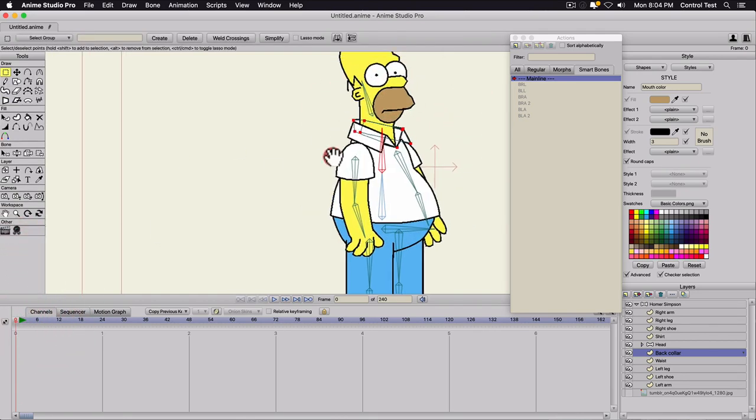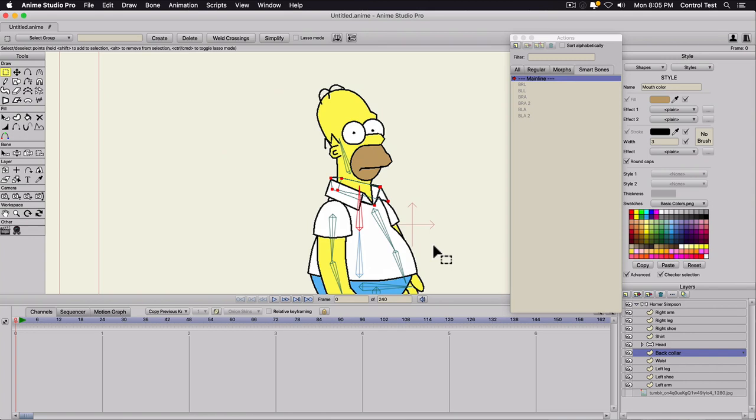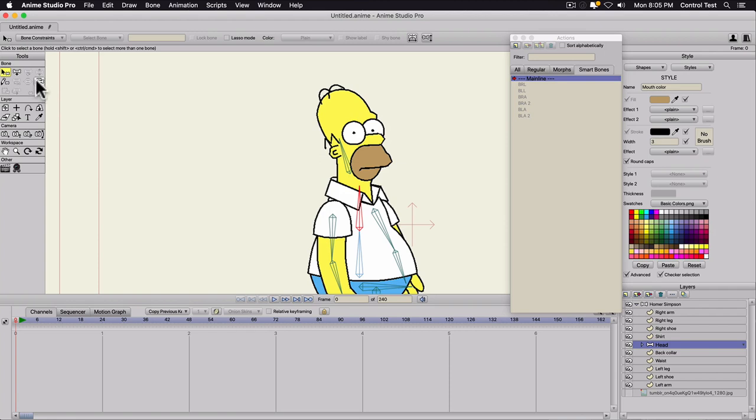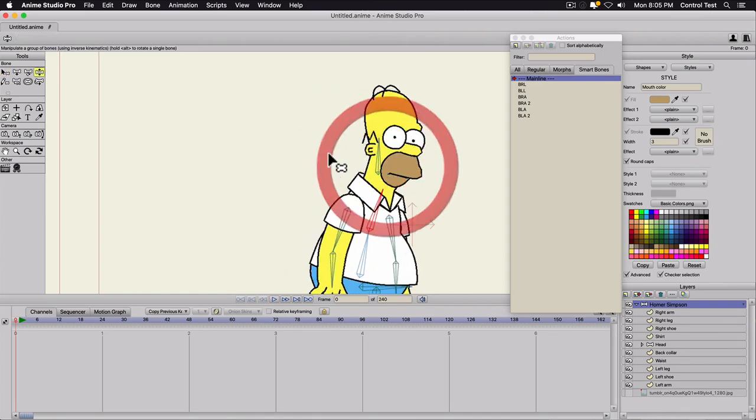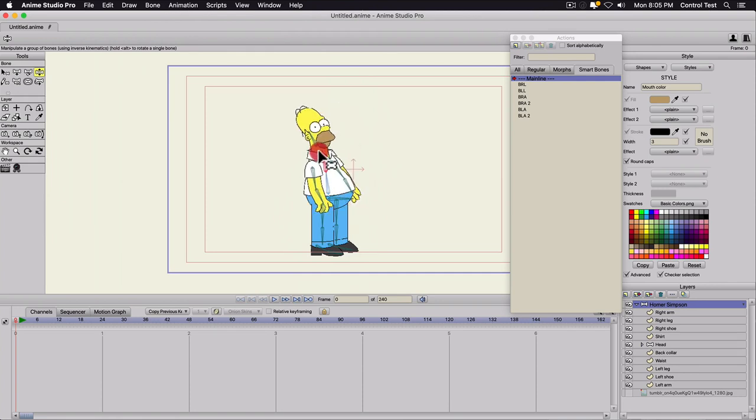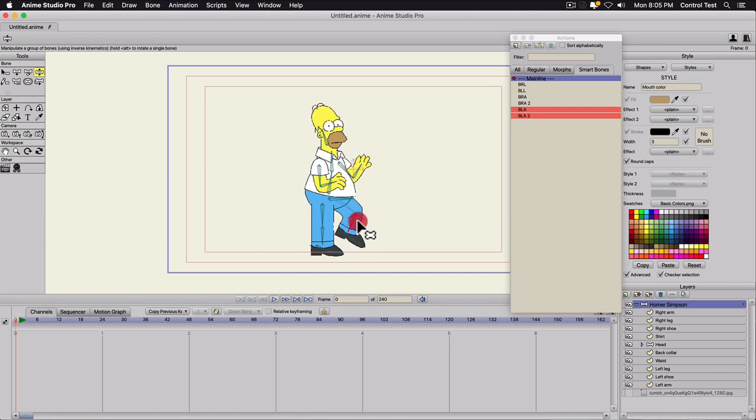And now since my head is separated, it's all one group, we'll just go ahead and bind this to his upper body as well. So we'll click head, and this time we're going to use this tool. It's called the bind layer tool. And then select that upper chest bone, and it should turn bright red just like that. So now if I go into the main bone layer and hit Z, now his head moves. He can lean back or forward. His arms are rigged correctly. His legs are rigged